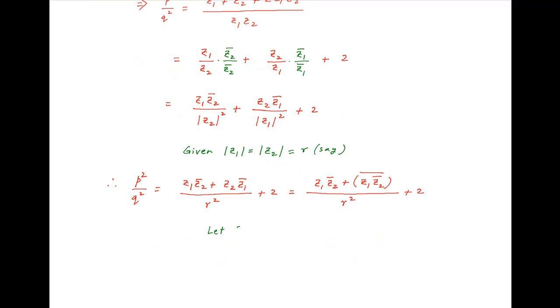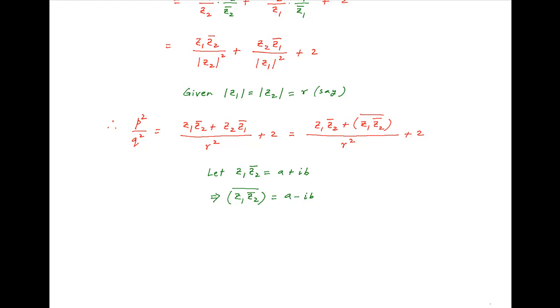Now let's assume that the complex number z1 times the conjugate of z2 is equal to a plus ib, where a and b are real numbers. Therefore, the conjugate of z1 times z2 is equal to a minus ib. Adding the two, we get